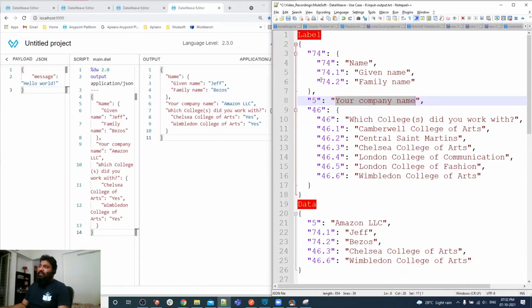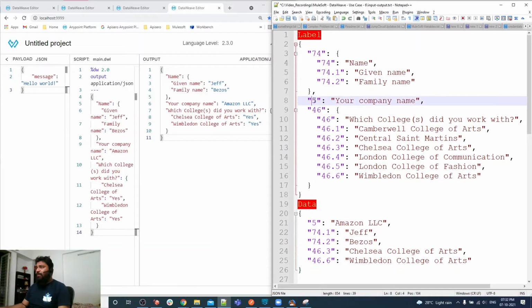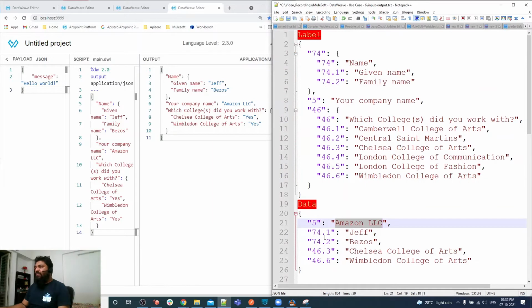In the label data we have a label number and label name, but in the actual data we have a mapping of label number and label value. So here we have three things: label number, label name, and label value. It's the same for 74.1: the label value is ZAP, but the label name is given name. That's how this requirement is given.